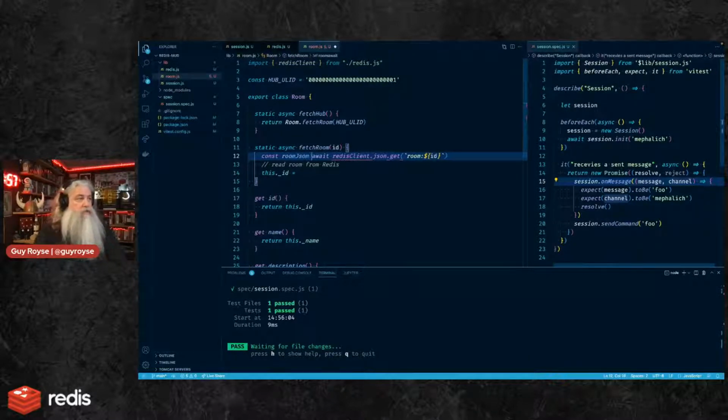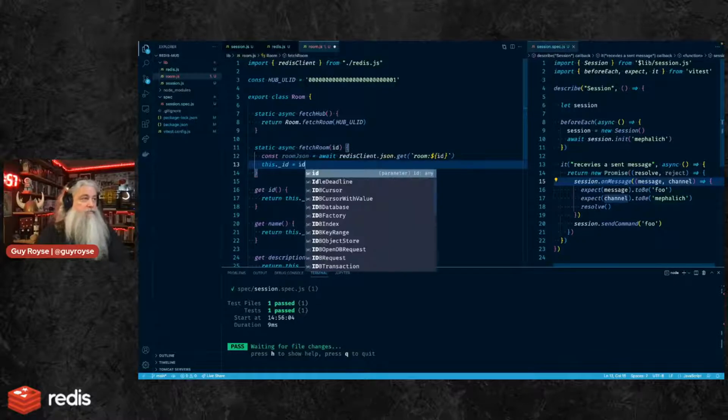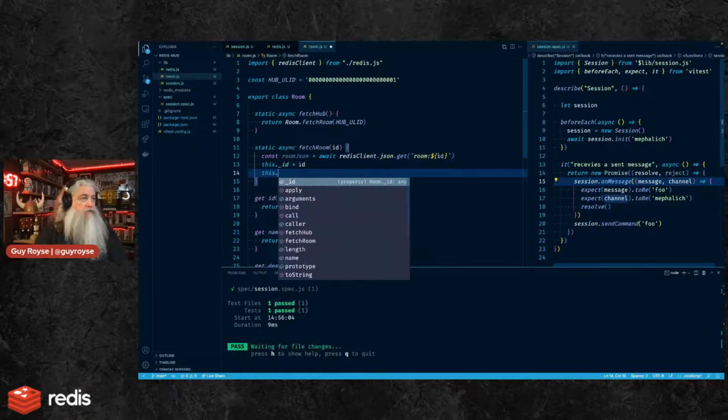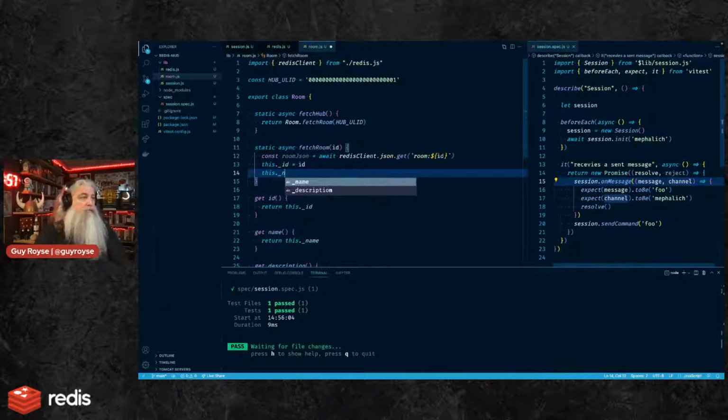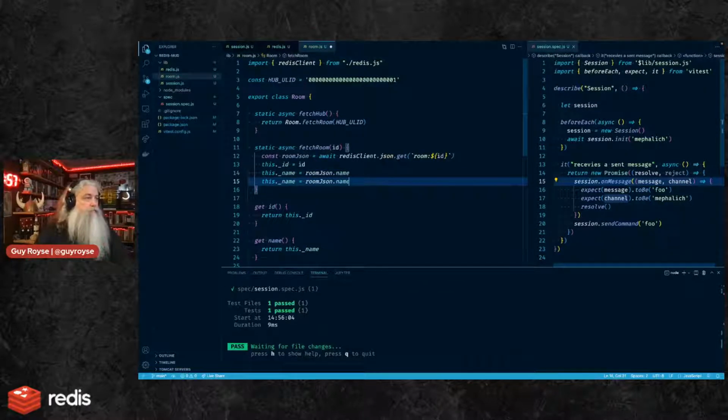And const roomJSON is that. And this.id is going to be equal to id. this._name is going to be equal to roomJSON.name. I think that'll work.